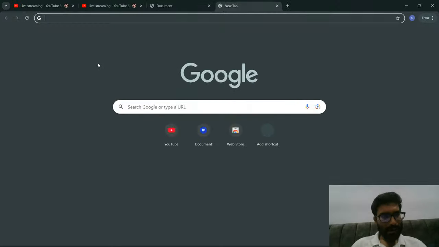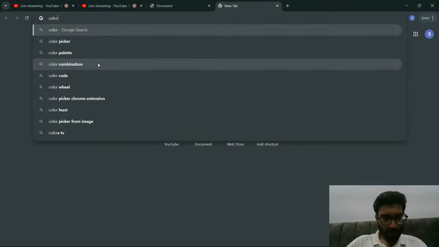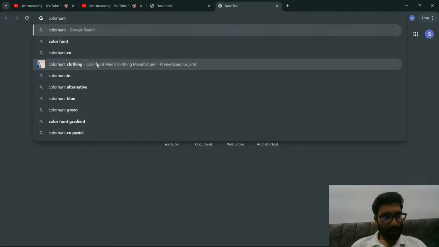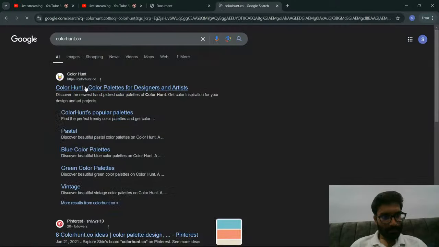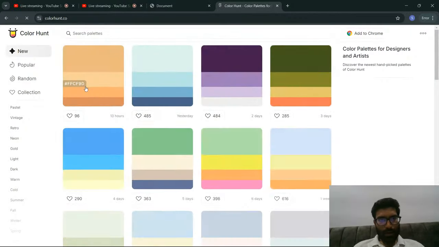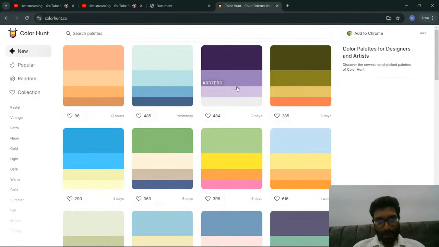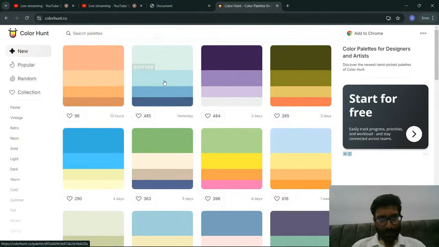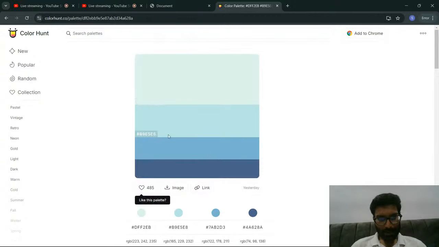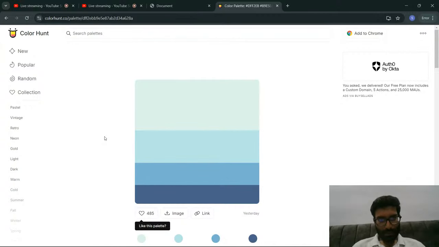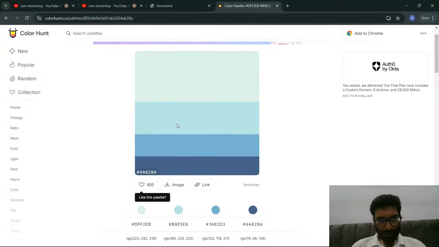Now for creating a layout, let us choose one color palette. So for choosing that color palette, we can go to Color Hunt. It is a very good website. Here you can pick up colors based on your themes. So I'll pick up this color. I'll use this theme in my portfolio. So let us use it. For the nav bar, I will be using this color. So let us copy this color,